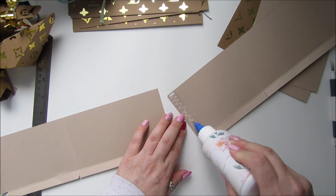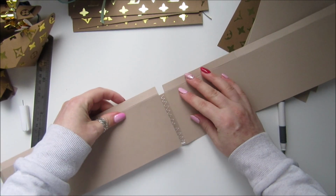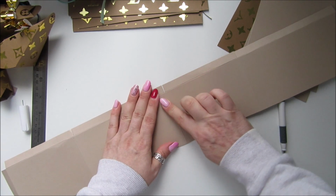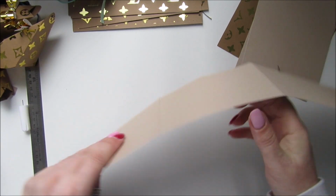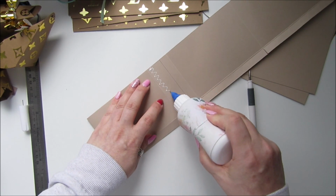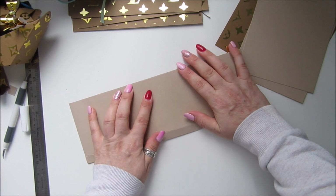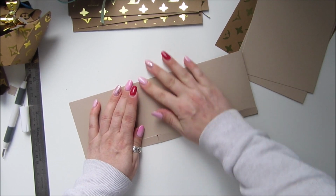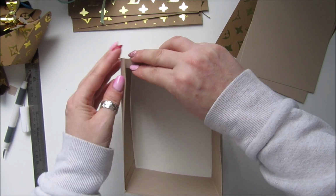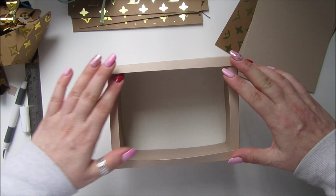So just put some glue down here like that, and then we want to just glue our little shoe box together just like that, and then we want a bit of glue on the other tab, and then we want to glue this one together as well. So what we've got now is a little box, okay, and then if we fold these, just glue them down just like that, any way will do,